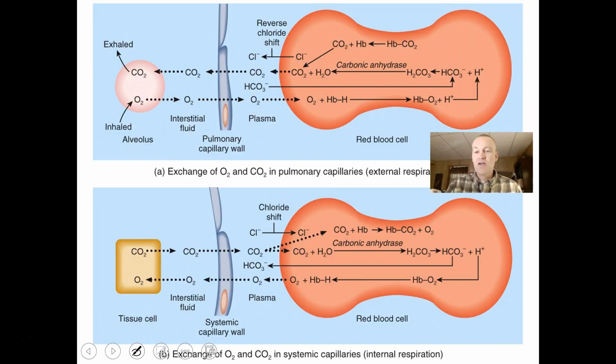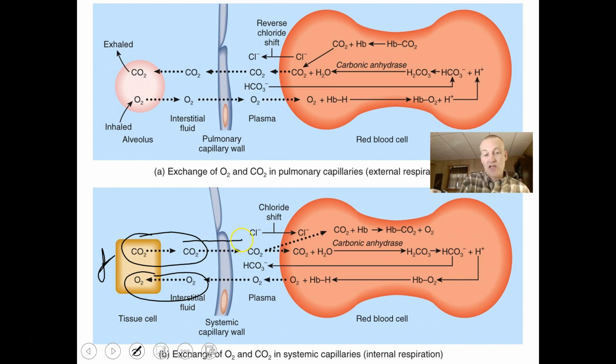Now this diagram I'm just bringing back. It's one we talked about when we did the respiratory system, and we talked about how the red blood cell can carry gases. If we take a look at the tissues, let's look at this diagram down here. Tissues produce a lot of carbon dioxide, but they need a lot of oxygen. That carbon dioxide they produce is going to move into the plasma of the blood. Some of that carbon dioxide will move into the red blood cell, and because of the carbonic acid bicarbonate buffering system, it can